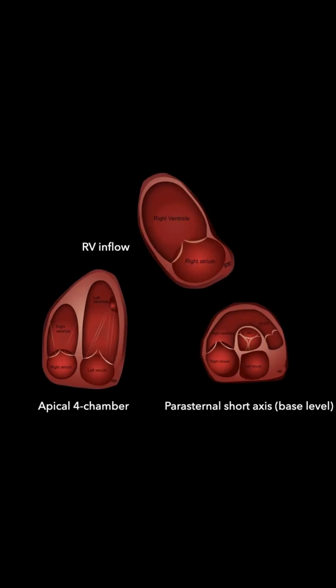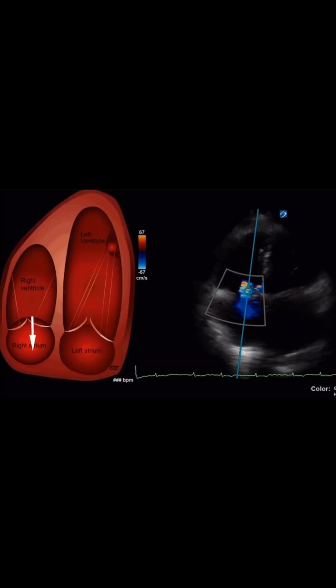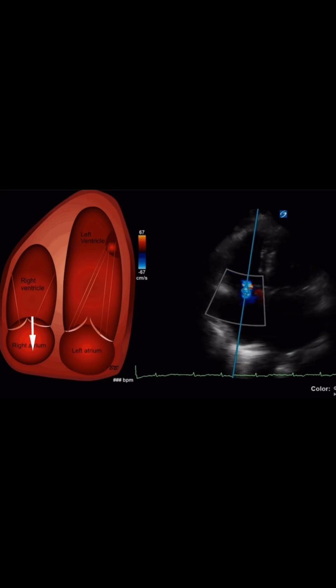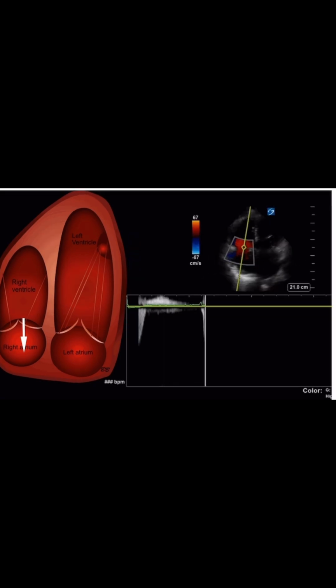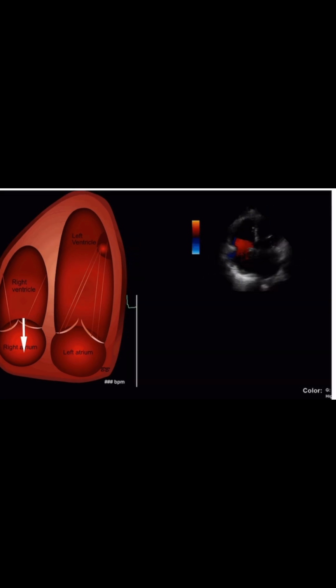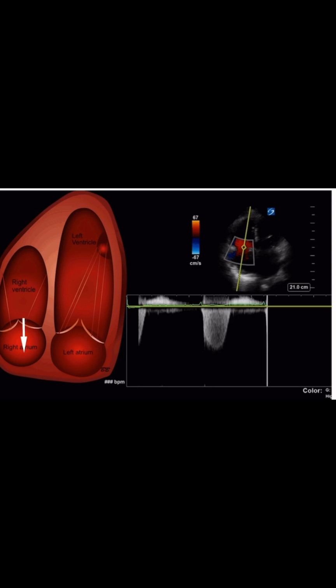Afterload assessment, RVSP. Next, we move to afterload, measured by the right ventricular systolic pressure, RVSP. RVSP is calculated by adding the tricuspid regurgitation (TR) gradient, 4 VTR², to our estimated RAP. This provides the crucial non-invasive estimate of the systolic pulmonary artery pressure, SPAP. An elevated RVSP